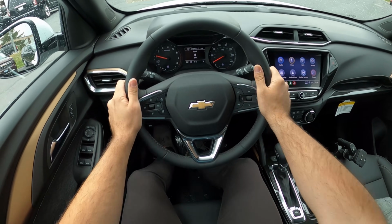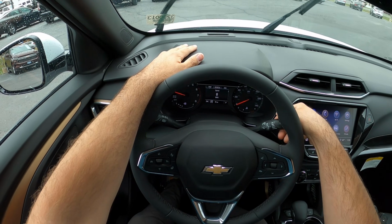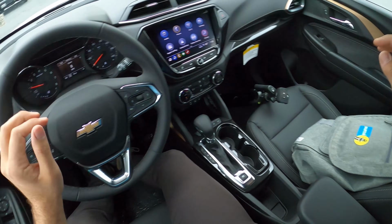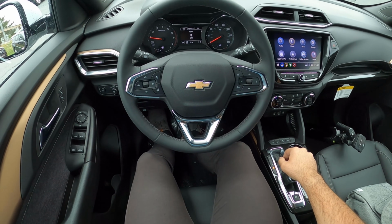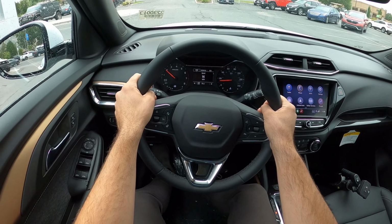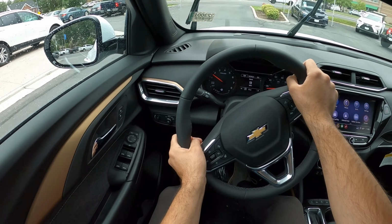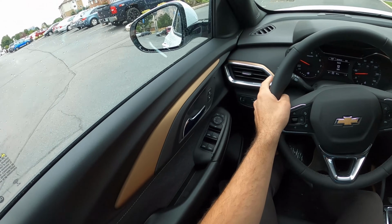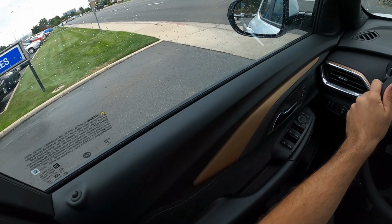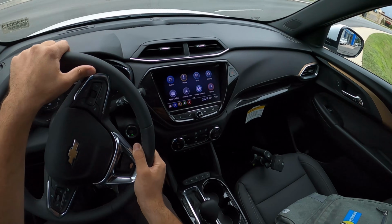Let's talk about visibility before we set off. Here's visibility over the hood, both of the mirrors, and throughout the rest of the rear, and let's set off. Up in the Trailblazer Activ, and first off, this definitely has a small feel. Just driving through the parking lot, it's pretty zippy, but actually getting up on the road,